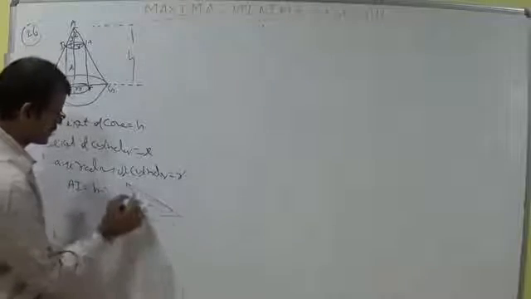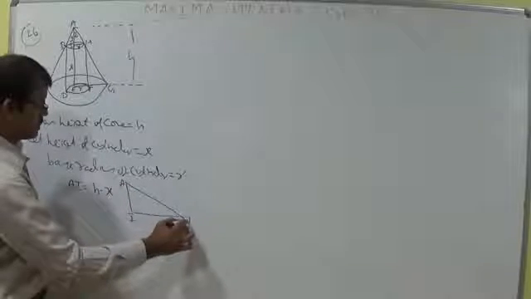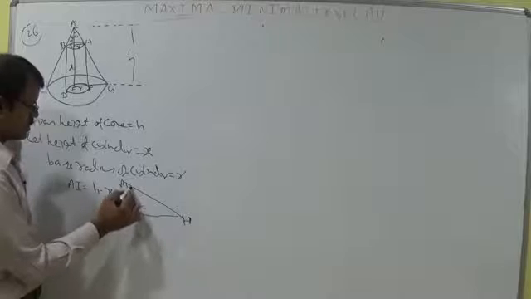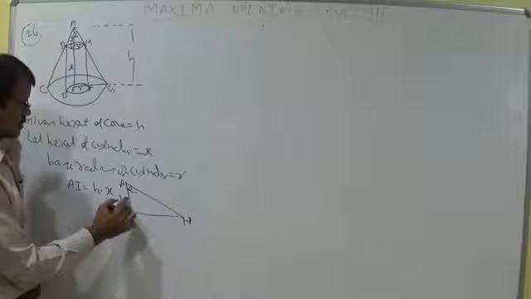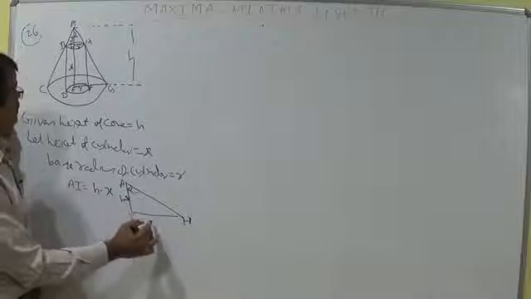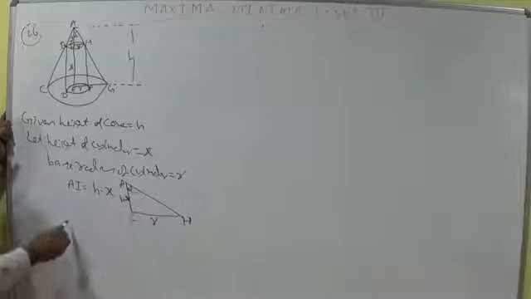Now you can write here in the triangle, tan alpha is opposite by adjacent, r by h minus x. So you can write here r is equal to